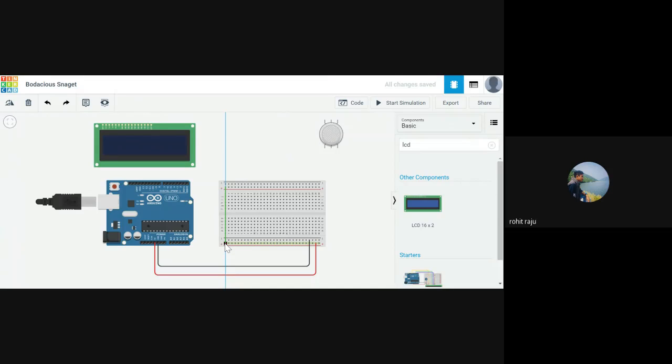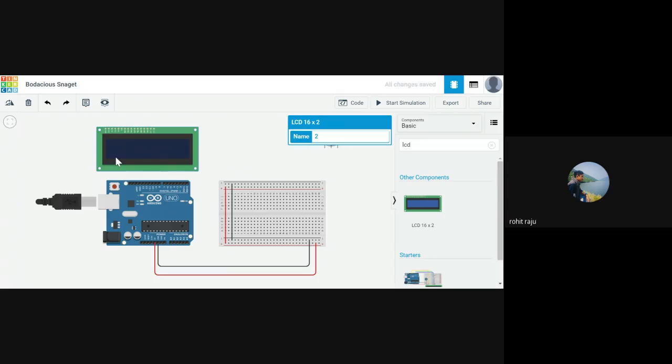So this power port to this power port. So we are ready with the basic setup actually. So let's start with the LCD display because there are more connections here, right? So let's start here. The first one is the ground port. So we need to connect this row. So let's bring it.